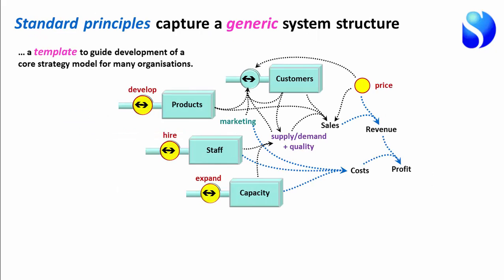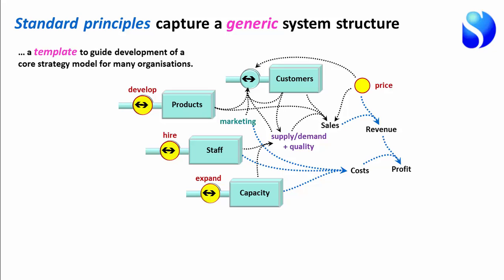Here is a template which seems to emerge from the work I've been doing in the business domain. Of course, I'm breaking all my own rules here. There are no time charts or data in this diagram, but when applied in the real world, there would be. And it's very simple. In many cases, profit comes from revenue minus costs. Revenue comes from sales multiplied by price. Sales come from customers, but only if they've got products that they want to buy.